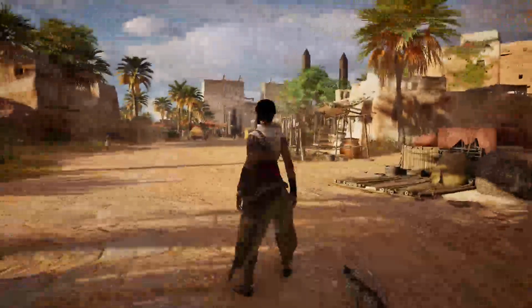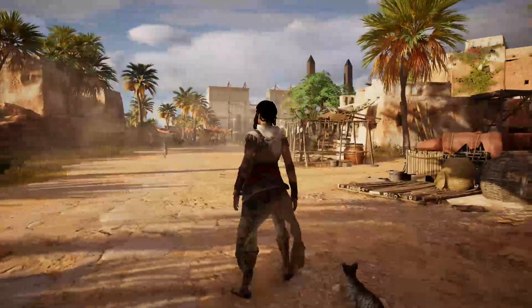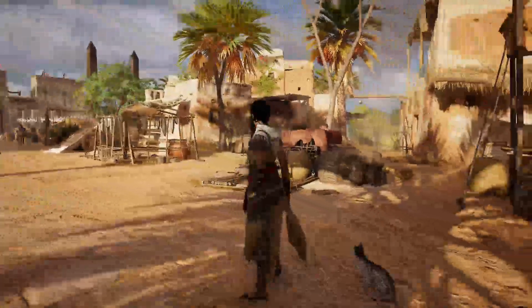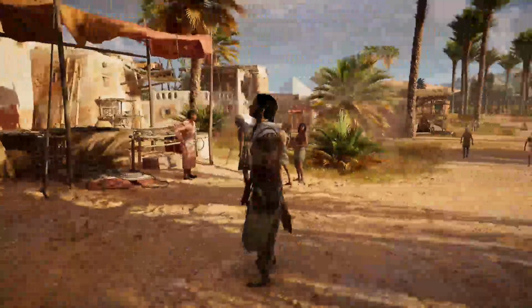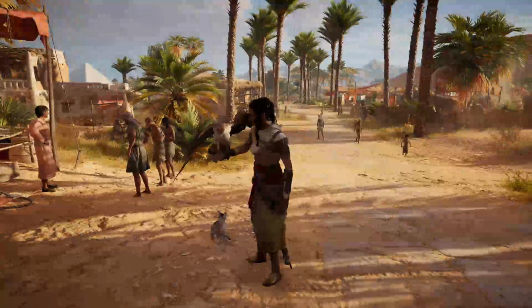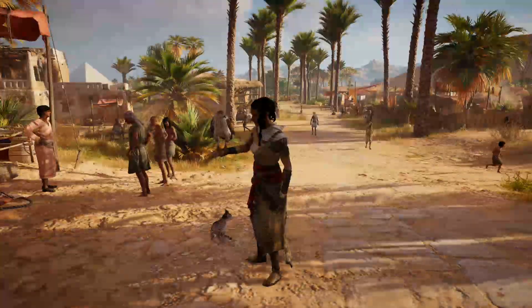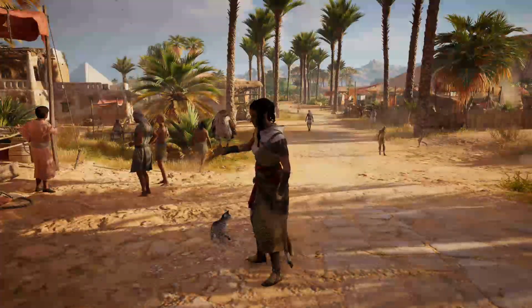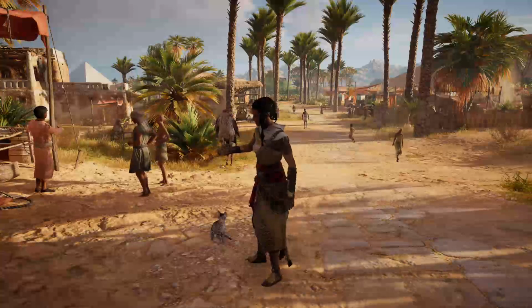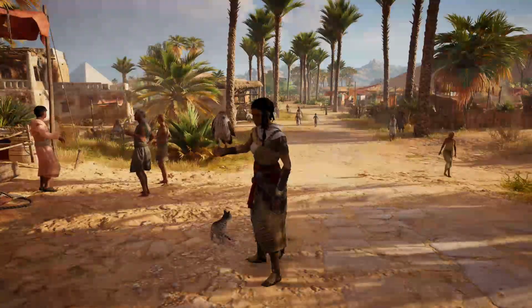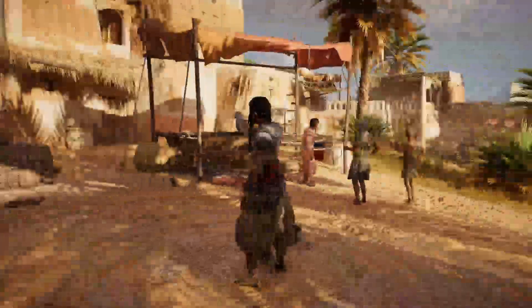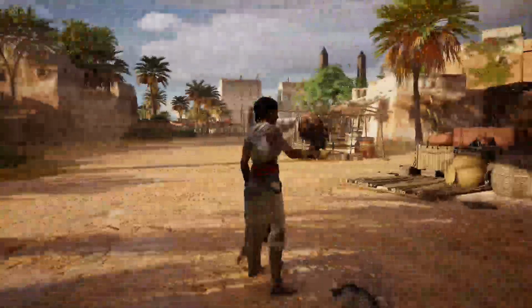I was planning to do another open world video, and then I remembered that I could use Discovery Tour to show off animation hotspots. This is something I was talking about in the previous video, but you couldn't see them because they were hidden. So in this video I'm going to show some of them off, again in one of my favourite places.